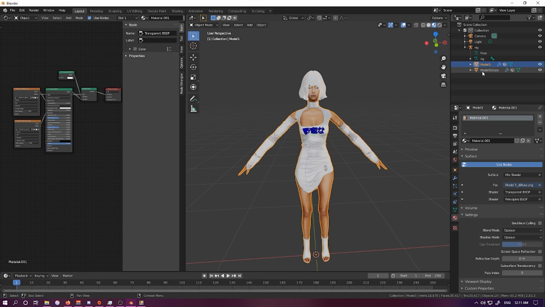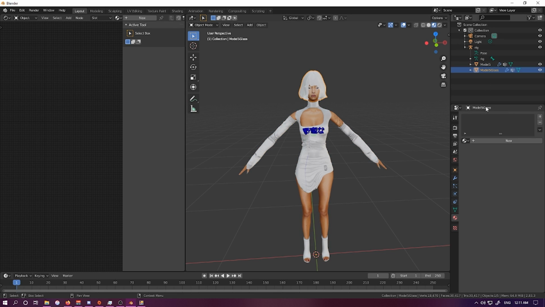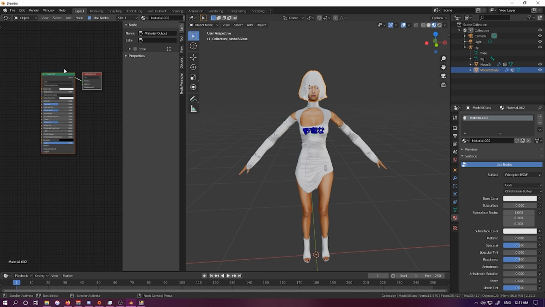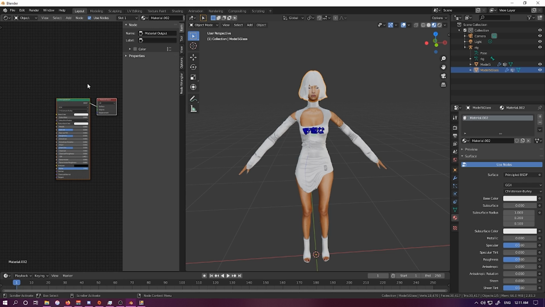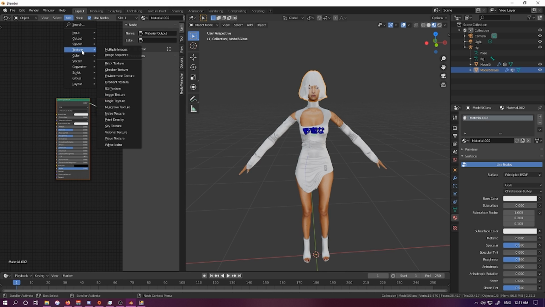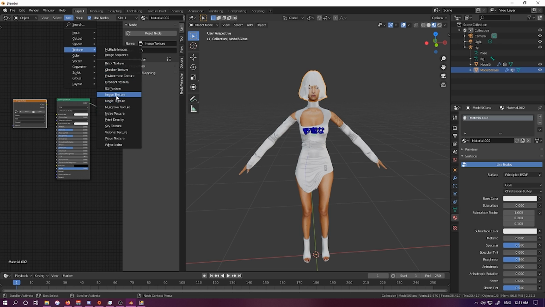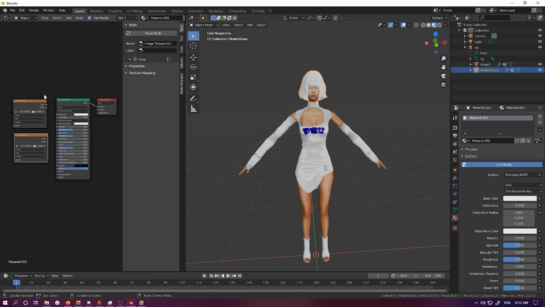So the next thing that we're going to do is click the Model 5 glass. Again, whatever you have your sim named as, it's just going to say whatever the name is and then glass. So you want to click that, do the same thing again, clicking material properties and then new. So we have the same thing that we had previously. And we're going to go to add, texture, image texture, and we're going to drop two of these again. The same thing as before, attaching color to base color